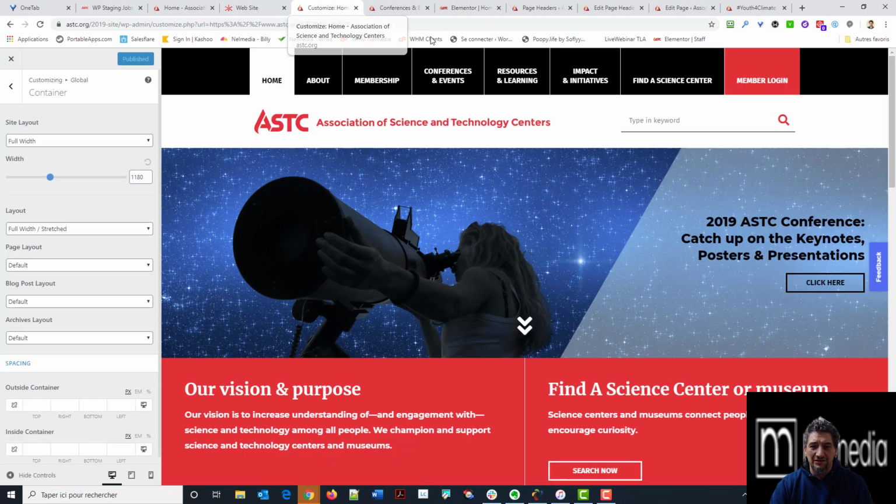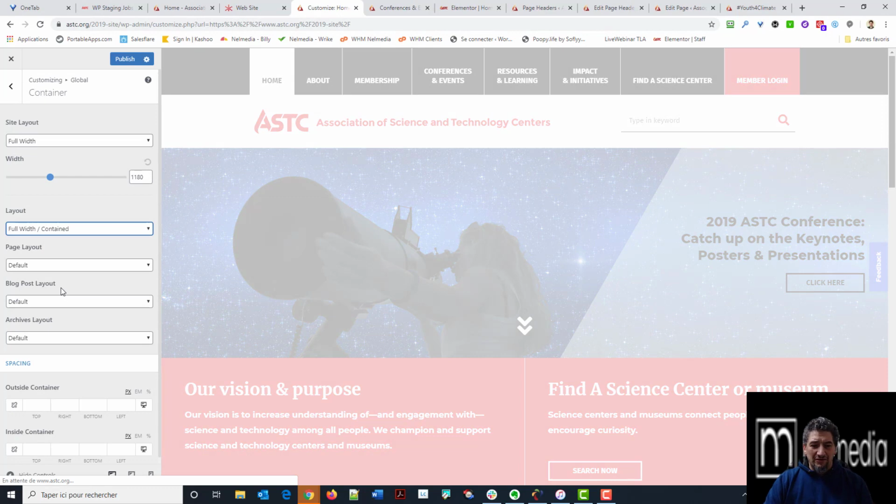So what I did is, if I go into the customizer, you will see that I have full width and full width stretch, which means it's going to take the entire width of the page, not the content itself, but at least the content as well if I put it full width in Elementor as well. So I give the full control, in other words, to my page builder. Instead of doing that, I won't go with boxed or things like that, but I'm going to say full width and contain. So that way, I'm going to have